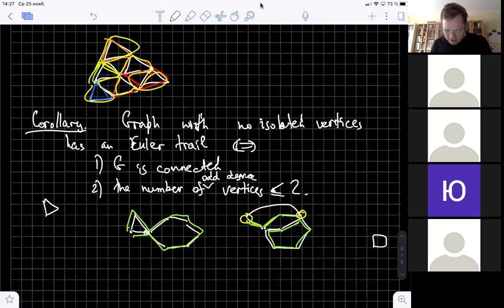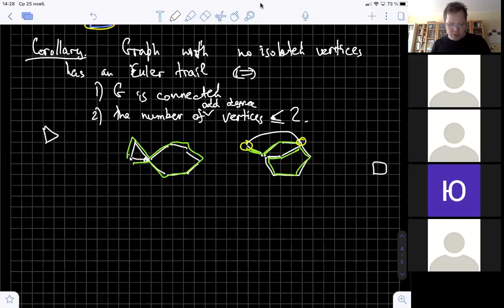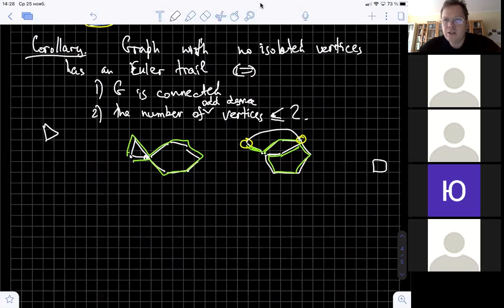Okay, and I want to discuss some additional things. So maybe how can we use this idea in some algorithms theory. First of all,